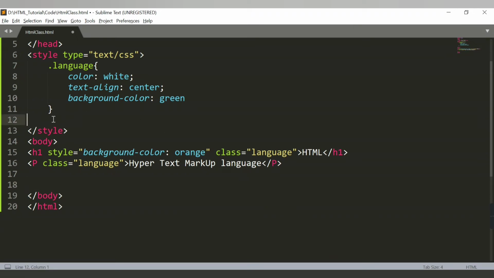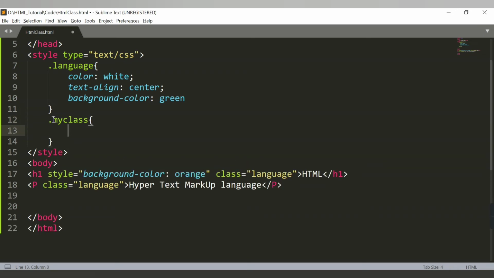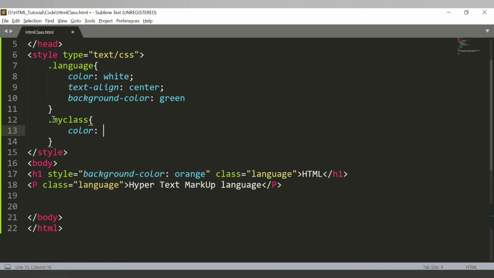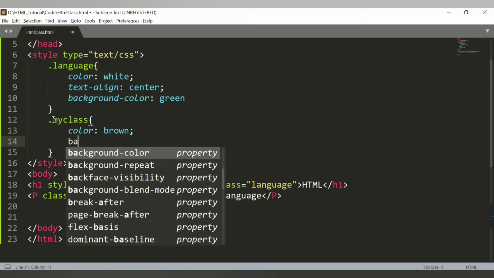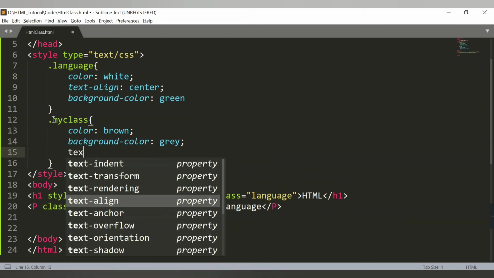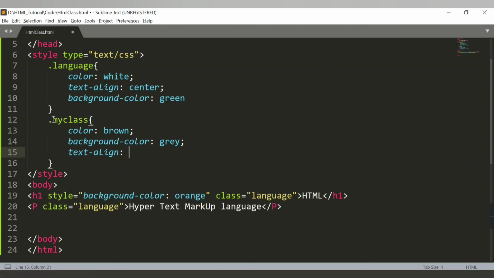So let's say we want to provide another class, with name as my class, and my class will contain color, let's say color as brown, background color as gray, and text align to center. So this is another class, so we can use that class in different tags.